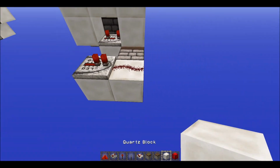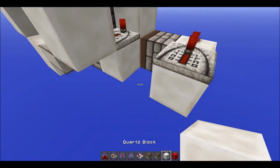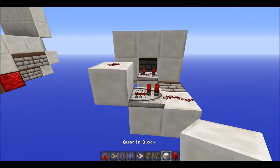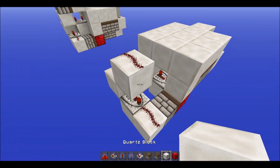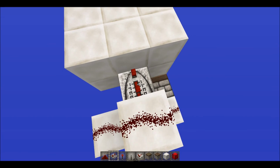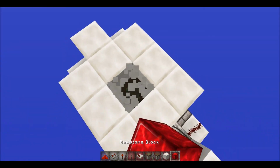So what you want to do now is you want to have a piece of dust and then have a repeater going into that sticky piston that we just placed with the redstone block in front of it. So then what you want to do is you want to have a block up from that repeater with a redstone dust there, and then have a block on top of the repeater, and then have a redstone dust right there. Then what you want to do is you want to have a block here with a repeater on 4 ticks, and then that will be powering this piston right there when it's at this height,